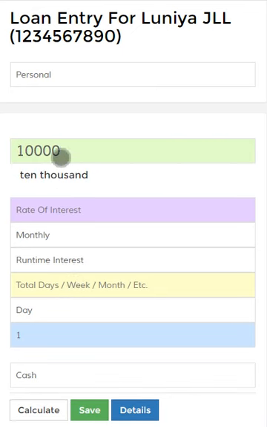So 10,000, and rate of interest, I say 2% monthly. Because it's runtime interest, it means the interest is calculated on a daily basis. Now in our system, we have flexibility or configuration where you can decide if you want to lock the first month, 2 months, 3 months. That configuration you can do in Jainam software. And we have little complex calculations as well. I'll explain later, but just for simplicity,